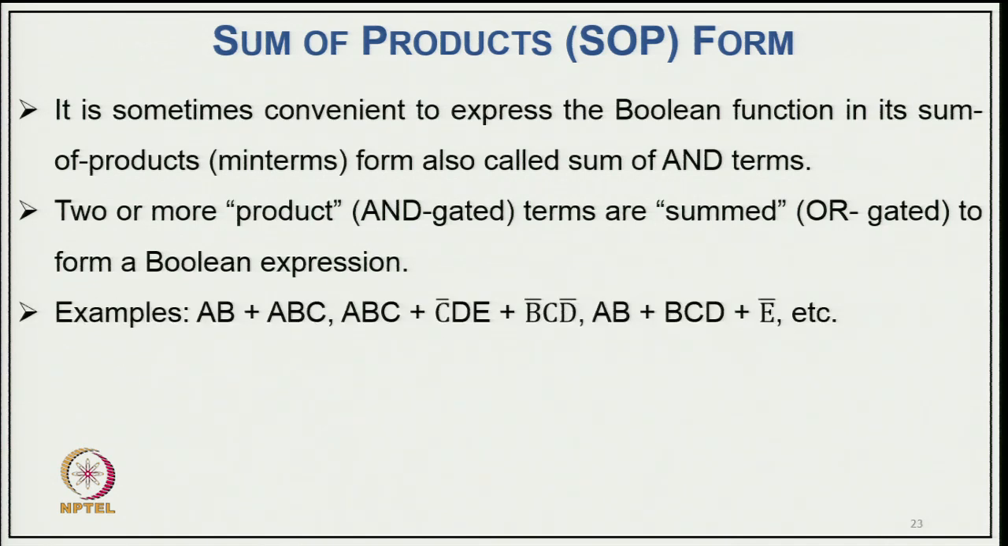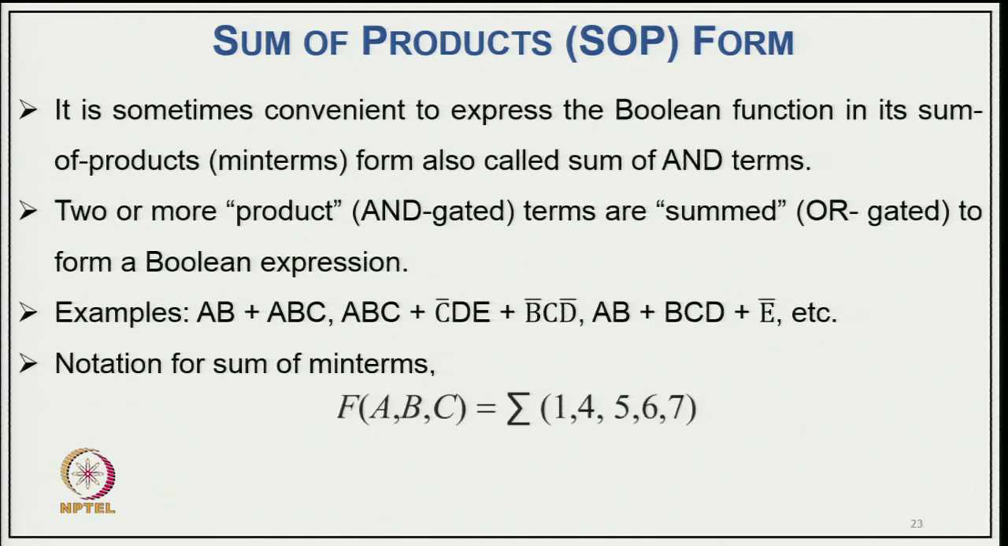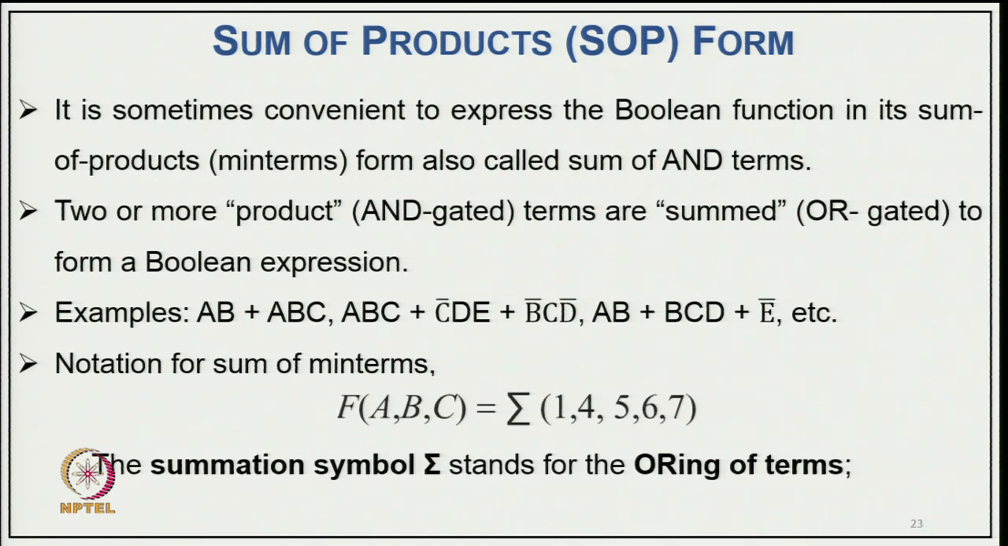expression. Typical examples are AB + ABC, ABC + C'DE, and B'CD', AB + BCD + E', etc. The notation for sum of minterms is F as a function of A, B, C equal to, if you talk about a sum of products, as you can see here, Σ(1, 4, 5, 6, 7), and the summation symbol stands for ORing the terms. Here the summation represents the ORing, and the dot typically represents